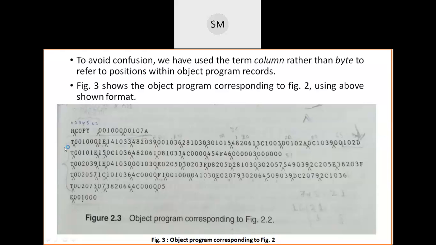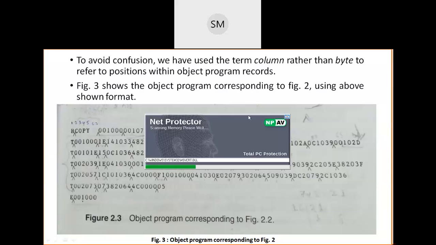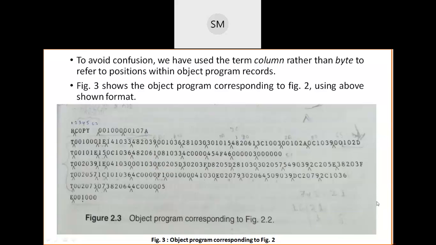Just imagine this object program in this diagram, without these caret symbols, and you will have only a sequence of numbers, 0, 1, 3, and some alphabets also, because of hexadecimal: A, B, C, D, E, F, that you will also have. So these caret symbols are not part of your object program. They are just helping us understand this object program. Keep it in your mind. Here, instead of using the word byte, I have used the word column. Don't worry, the columns I told you about are nothing but these.